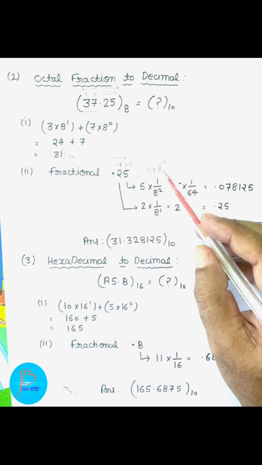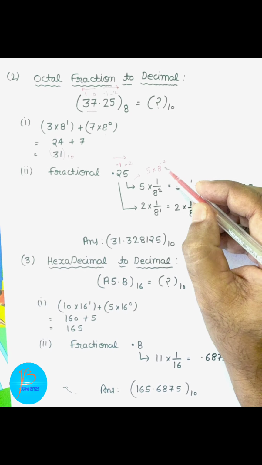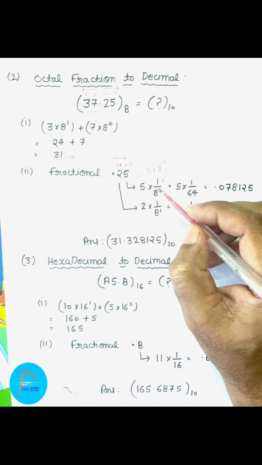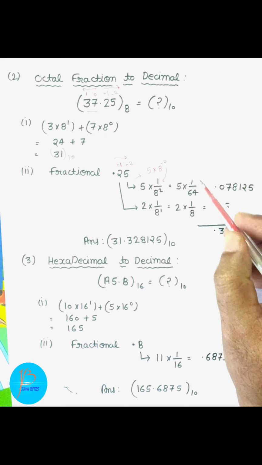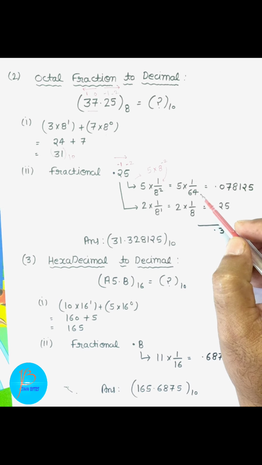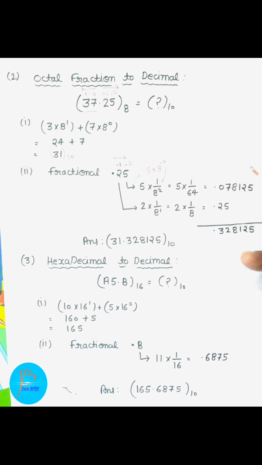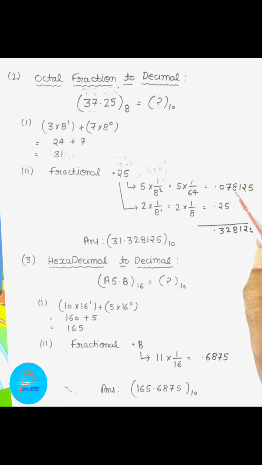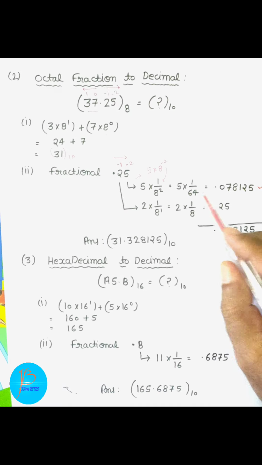Okay children, so you know that when you write 8 raised to the power -2, you have to convert it into the fraction to make the power positive. So you will make it 1 by 8 raised to the power 2, and 8 raised to the power 2 is equal to 64. So children, here the fraction will appear as 1 by 64, and now you know that it is tough to calculate manually, so you can take the help of the calculator. I have already calculated it and your answer will appear as 0.078125. Okay children, so it is the answer of your first part.